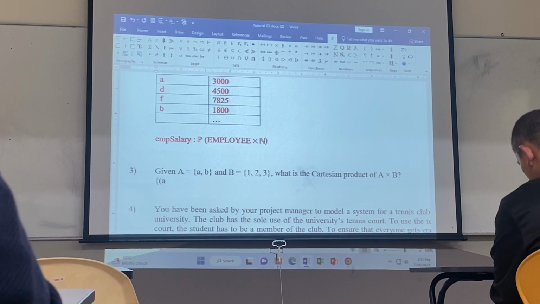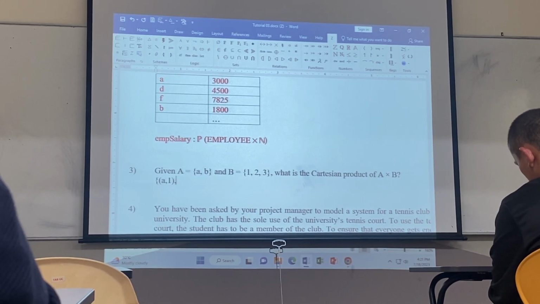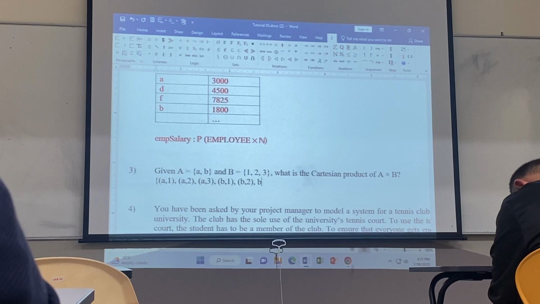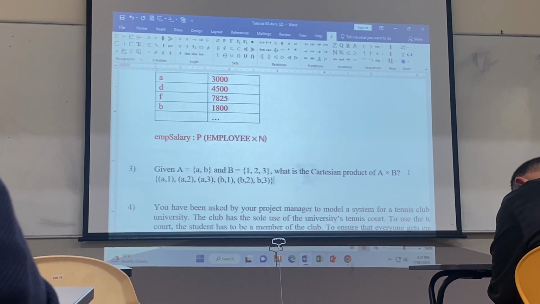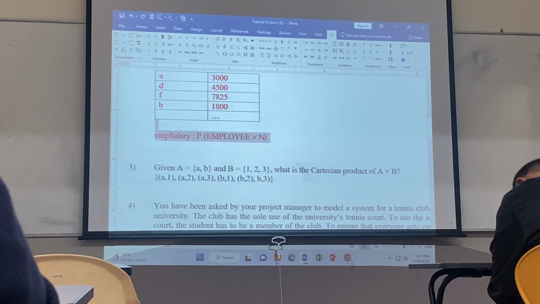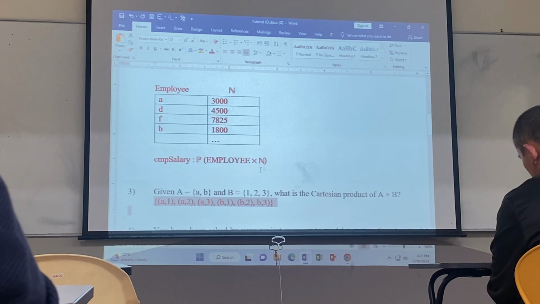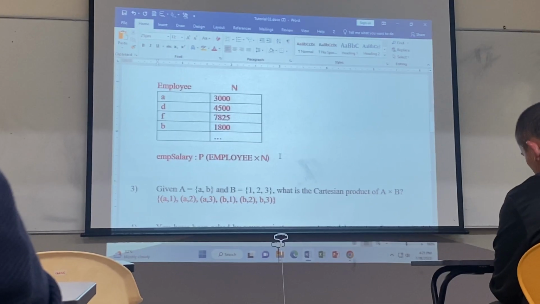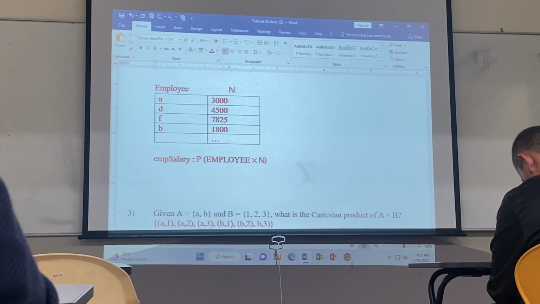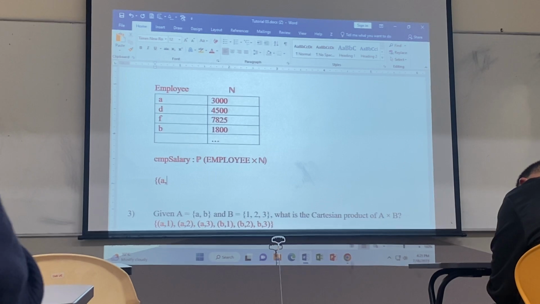For this case, let's say A1, okay, it's a set of data. So A2, then A3. You have B1. It's a set of data. B2 and B3. Okay? If you have it like this, also the same thing, it will be a set of data like this. Okay? So let's say for this one, if you want to get something like this, the answer actually will be, okay, like this. A, 3000,